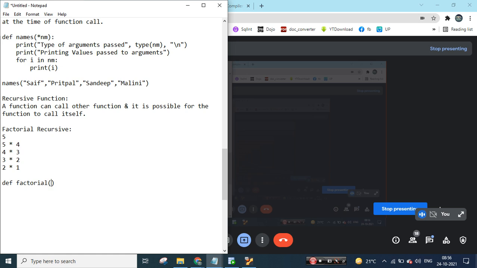I'm taking an argument. If a user is entering 1, it will always be 1. So let's say if x equals 1, I would say return 1, because it won't have a factorial of 1, it's just a base number, or it won't go further. Else, I would say